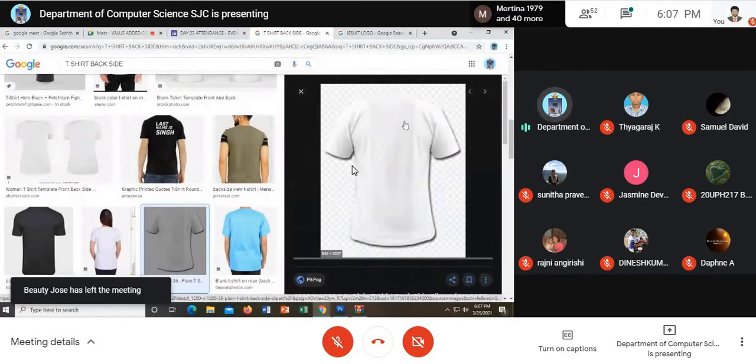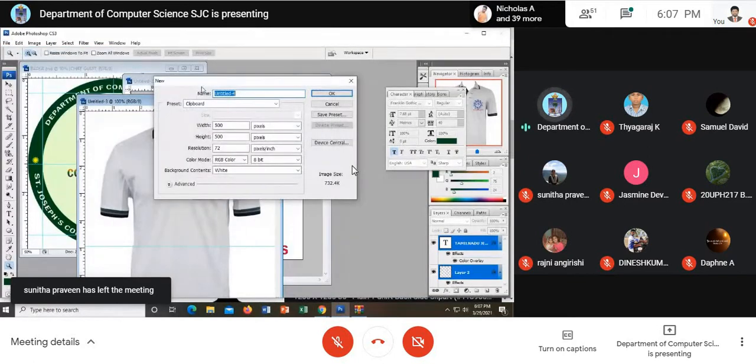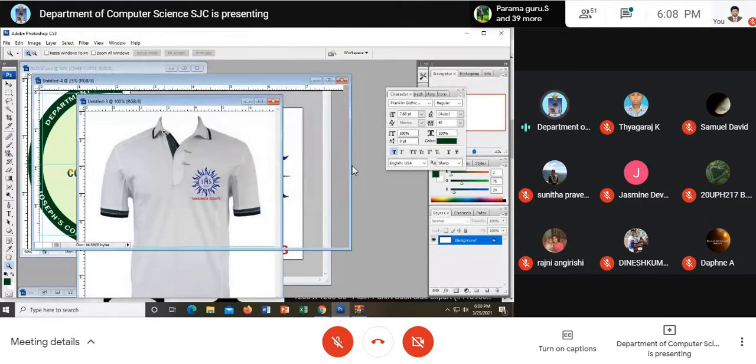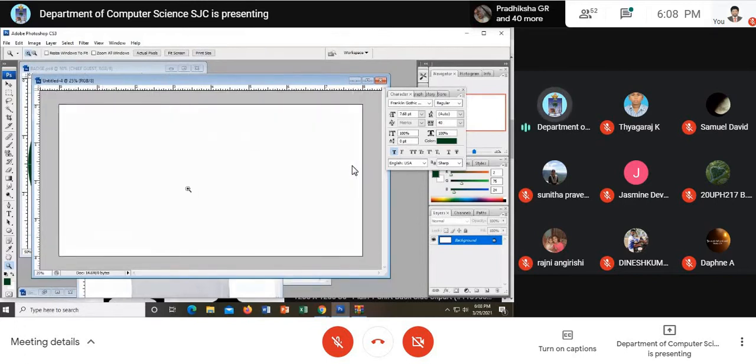Yeah, this may be the back portion. I'm taking this. I go here, design, and go to new. See, I'm going for 8 inch width, the height is 4 inch, and the resolution is 400. You can use 300 also. I would like to design it here.